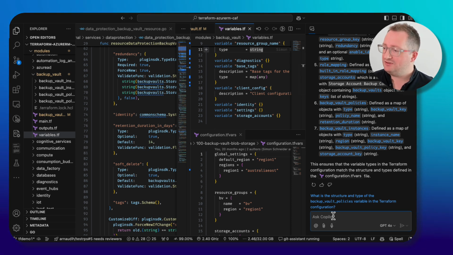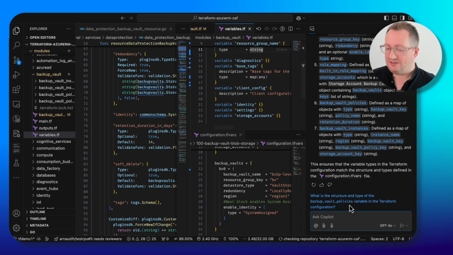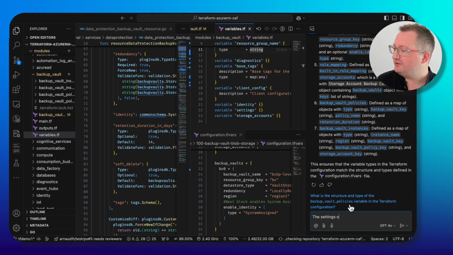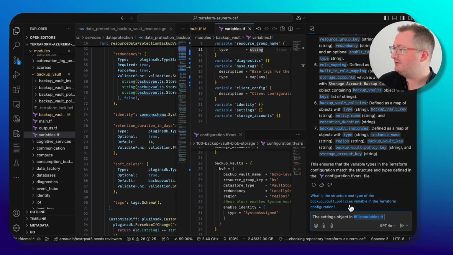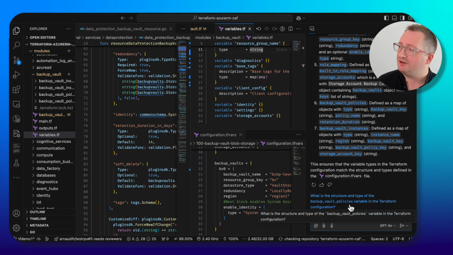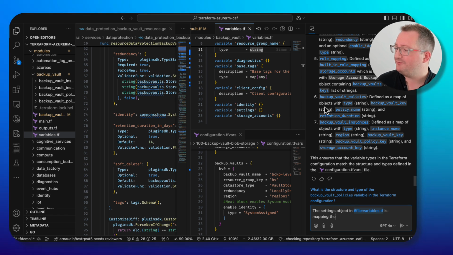And I can see that inside these settings, the settings object in variable.tf, so here variable.tf inside the submodule,